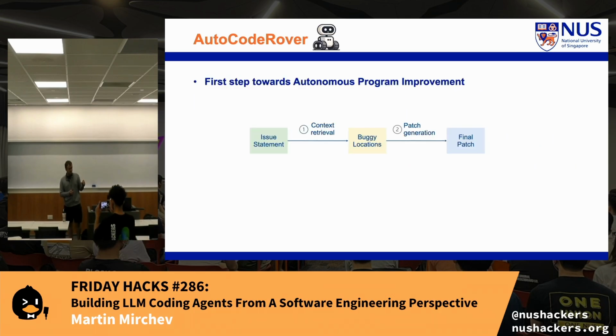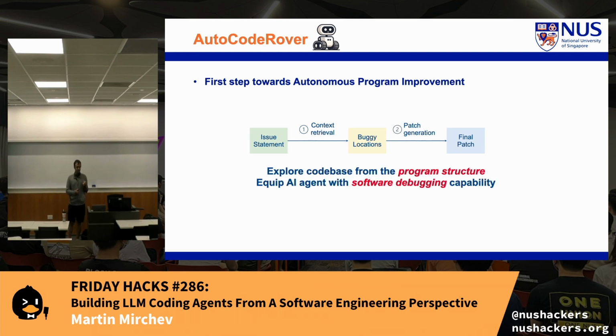Generally, software repair is in a very high level setting, focused on 2 big steps. First of which is having an issue. We want to collect the context needed to solve this issue. And then having made sure that we have collected sufficient context, we want to construct a patch that can be applied over the code base to solve the issue. This is from a very high level perspective. There have been multiple steps. There have been a lot of techniques applied here. But this is really, if you give it to a person, that's how they would define program improvement. Get the context and generate something new.